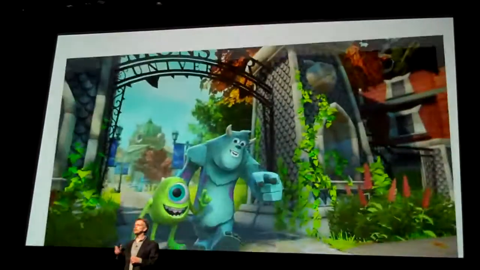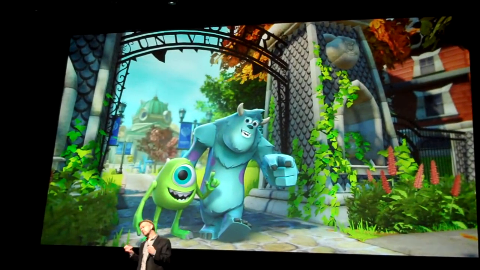So to go into then monsters. So with monsters,